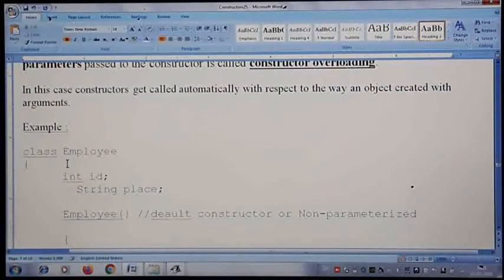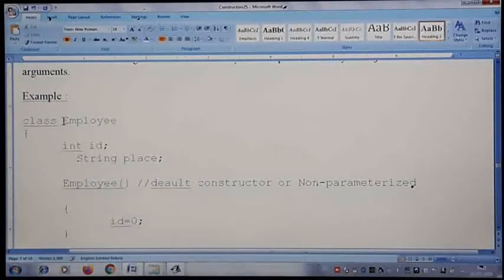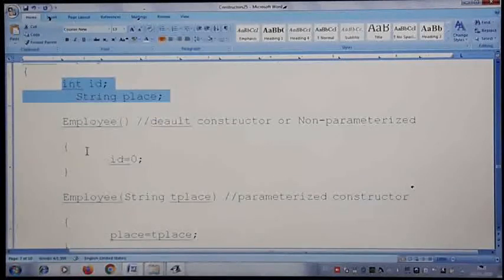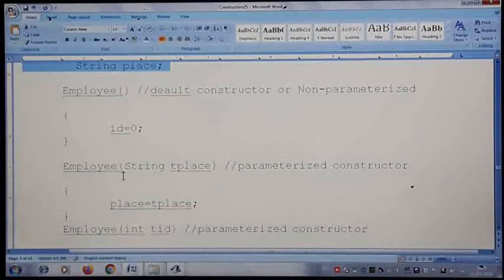Now let me take one example. I have taken one class Employee with two instance variables, one ID and one more place. The first one is Employee(), a non-parameterized or default constructor, where I am setting only the ID value to 0, and it is not taking any argument. I have written one more constructor, which takes a string place as an argument, and that value will be set to the place instance variable.